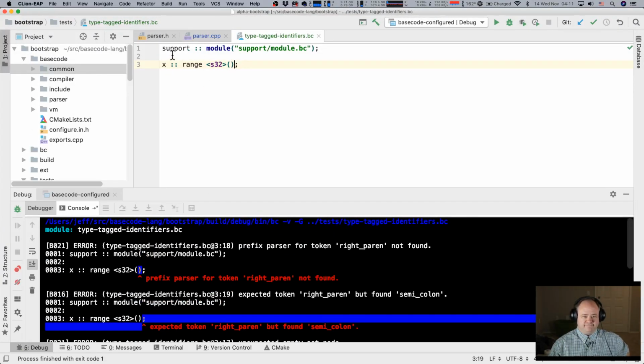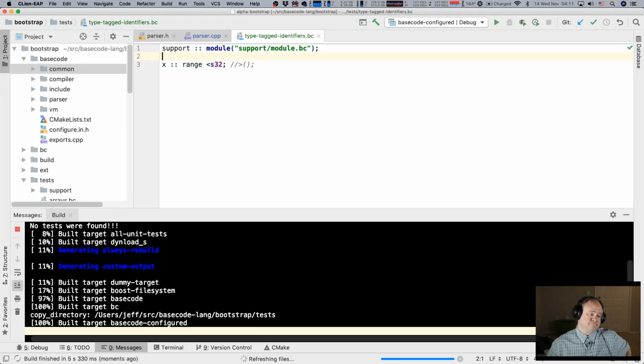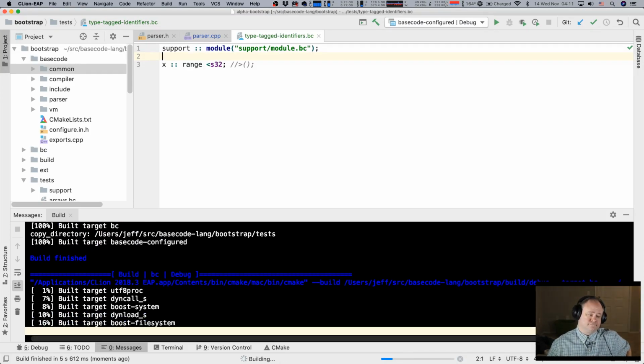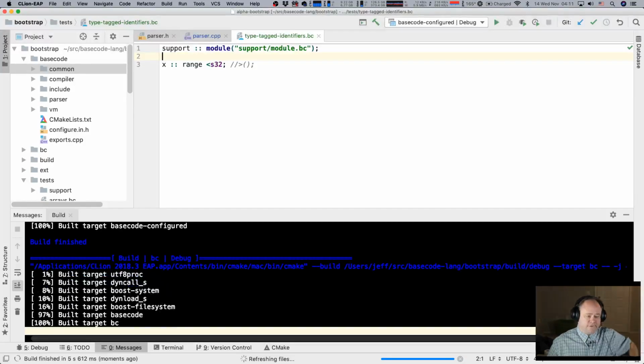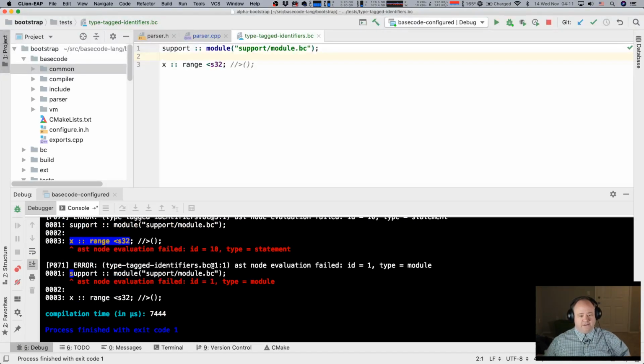This is meaningless, right? Like this is almost a Boolean expression, right? So it's like range as a variable is less than something called S32, and this is garbage, right? So there's just a couple spots in the syntax where